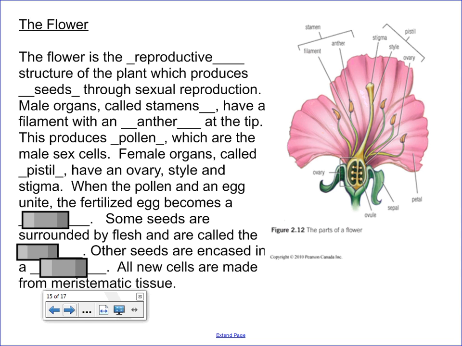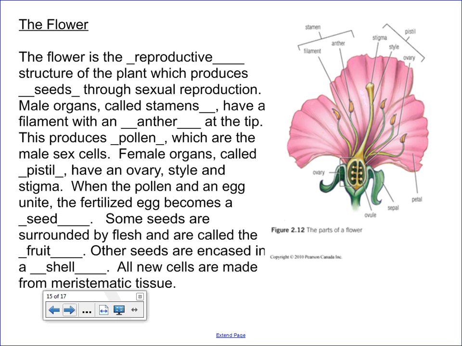When the pollen and an egg unite, the fertilized egg will now become a seed. Some seeds are surrounded by flesh and contain a lot of sugar, which we like to call fruit, stuff that we like to consume. Other seeds are encased in a shell,